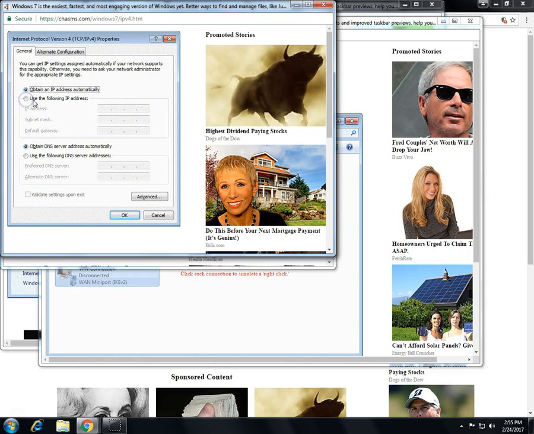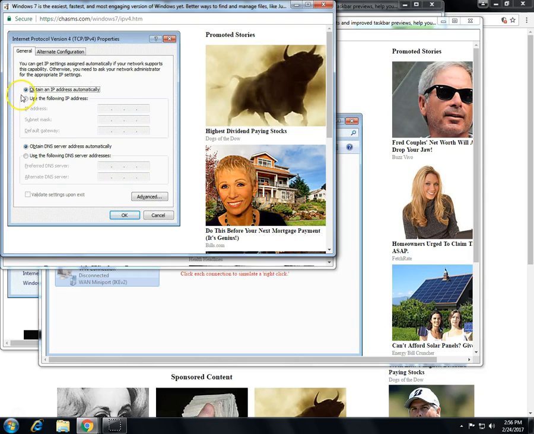And then also right here we have an option that says use the following. Basically, there are static IP addresses that we can set. A static IP is pretty much the opposite of DHCP, where with DHCP the IP address will be obtained automatically or dynamically. Instead, a static IP must be manually entered. Additionally, a dynamic IP address is a changing IP address, so a static IP address is non-changing, hence the word